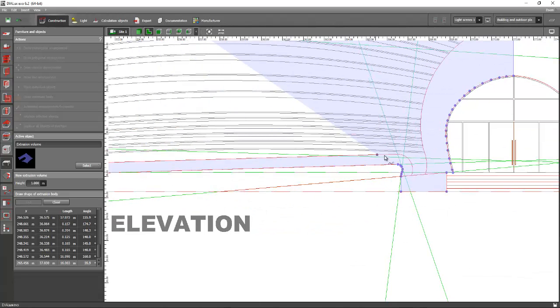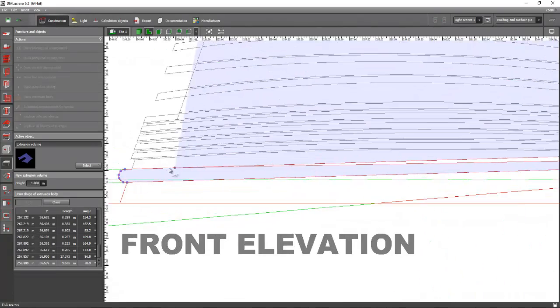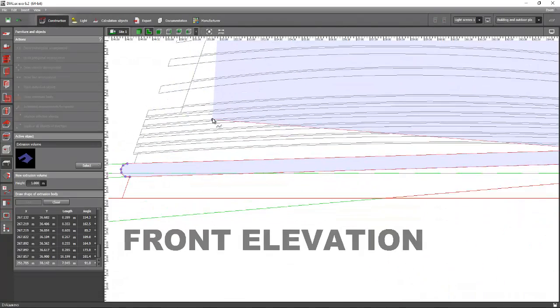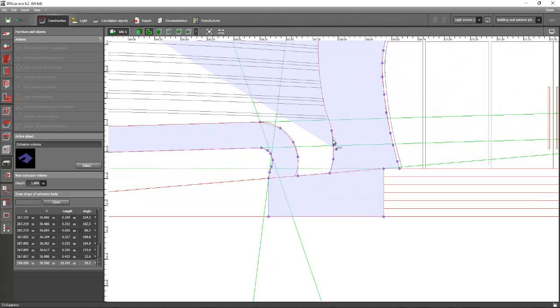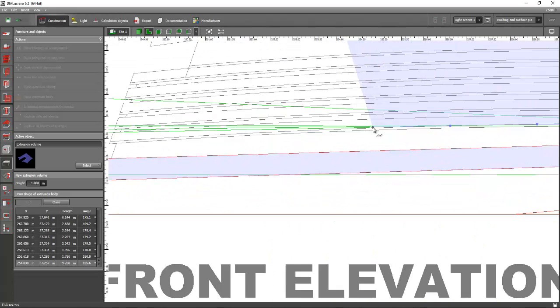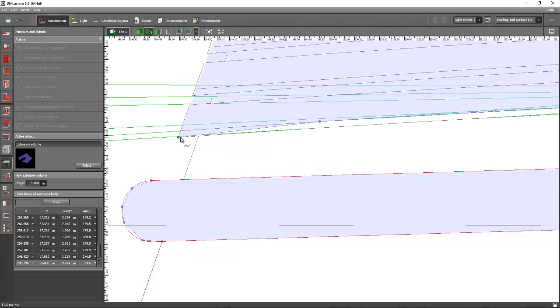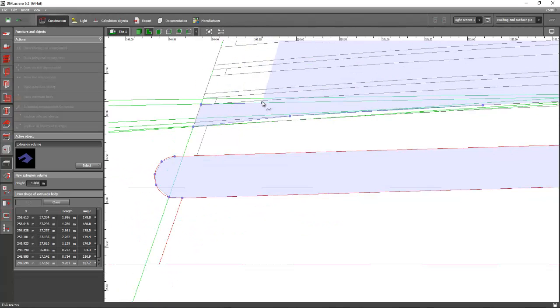To here and here and here. Make sure that you've created this part also. So let's select this one. Be very patient again, because it's supposed to be up to here, so we will edit that one later.